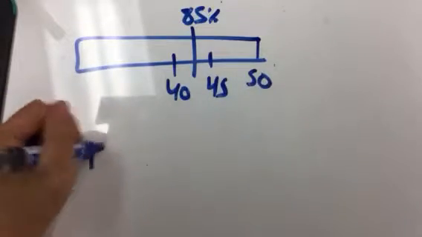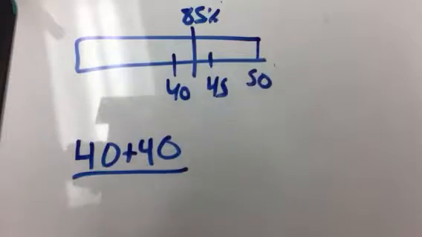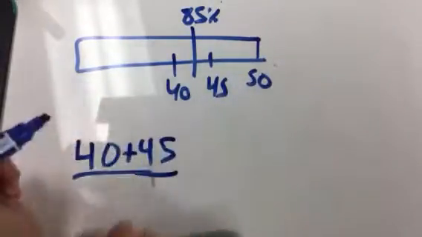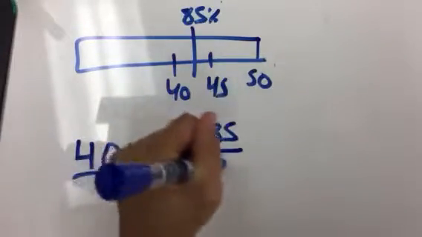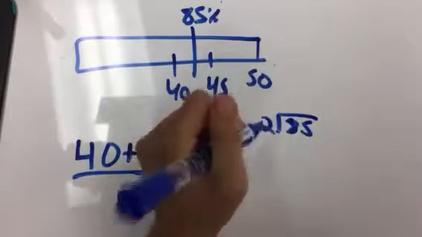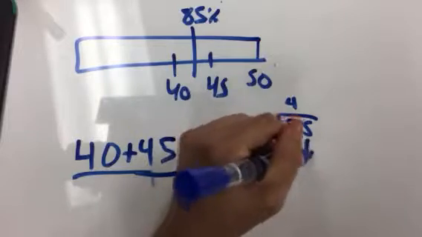Remember, we have to basically add the two numbers. Sorry, this is 40 and 40. I should say 40 and 45. So we should add the two numbers together, which should be 85, and then we need to divide it by 2. 85 divided by 2, if you do the math,